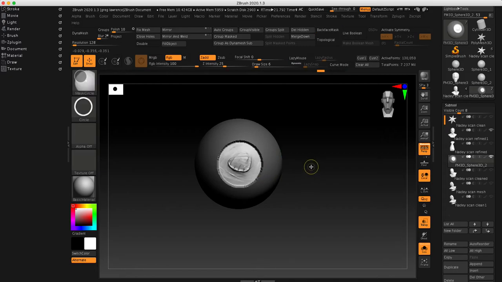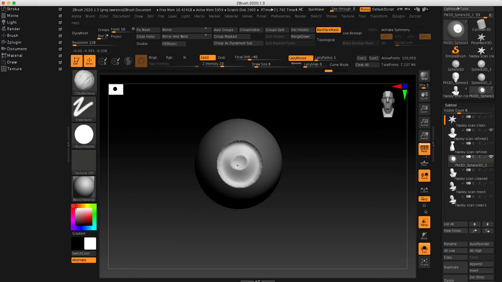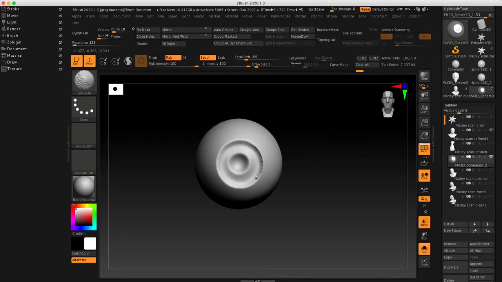I don't like that at all, but let's say we do something like that. Who knows? I turn the mask off, smooth it out a bit,